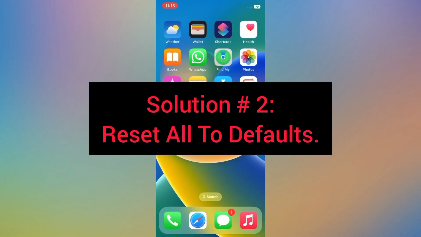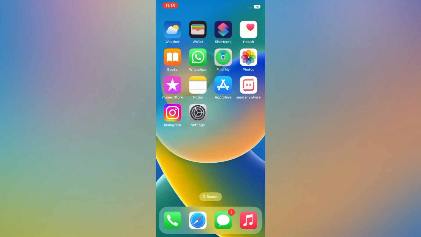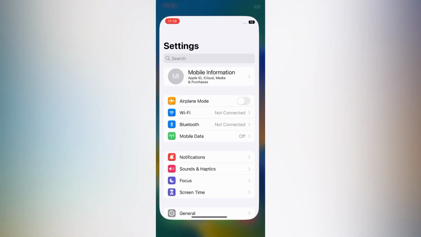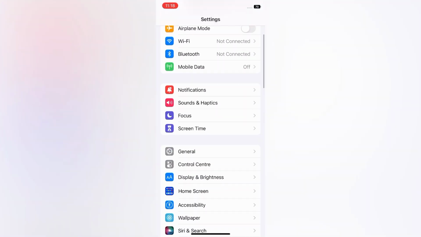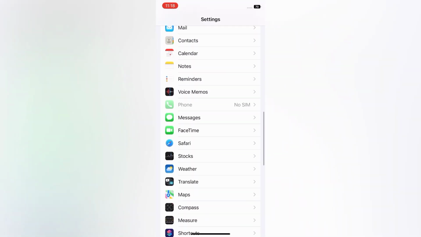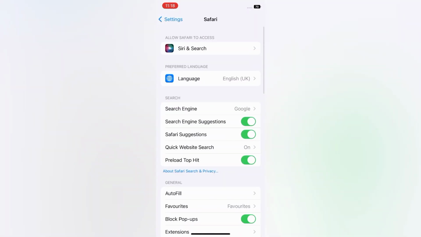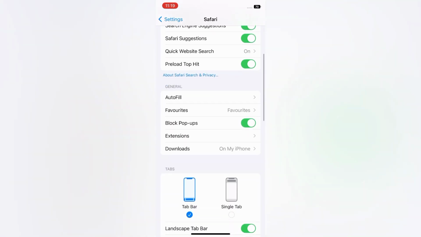Solution 2. Reset all to default. Open the Settings app on your iPhone. On the Settings page, scroll down, tap Safari. On the Safari page, scroll down,